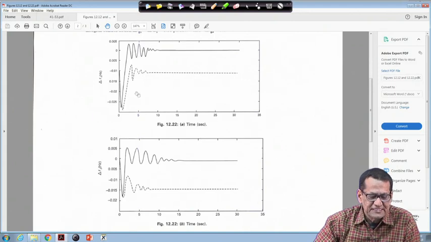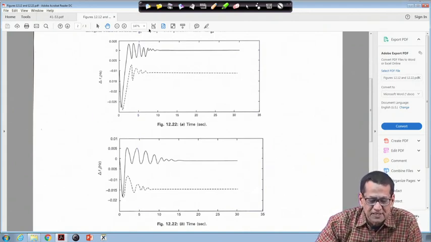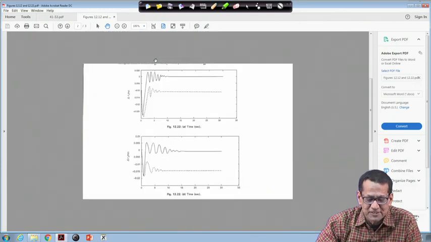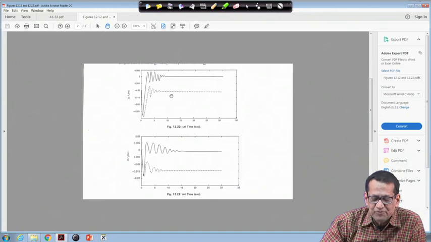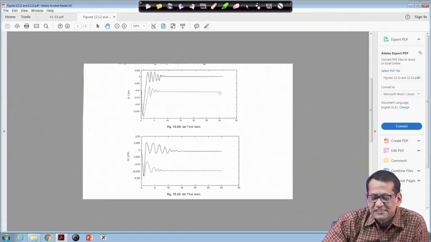So, this is the frequency deviation, right. Let me reduce that volume to 100%. So, this is actually the frequency deviation delta F. When it is uncontrolled, the dash line is showing steady state error, right. The dash line is with no integral controller, Ki1 and Ki2 equal to 0. When you put in the integral controller, the frequency deviation steady state error for both area 1 and area 2 reaches 0, right.